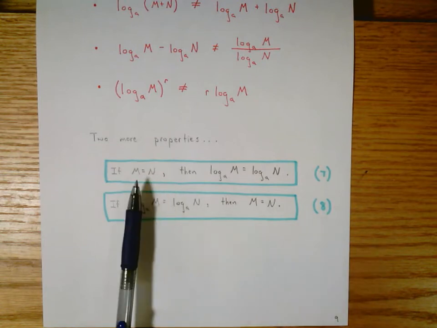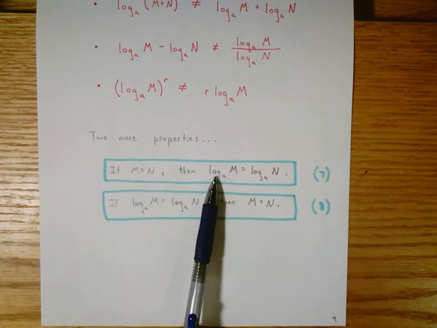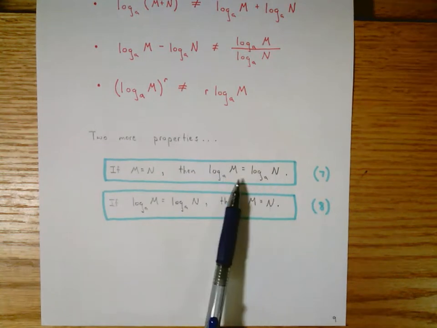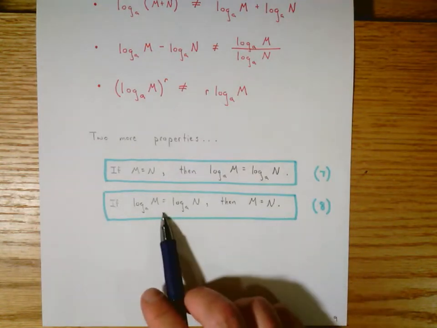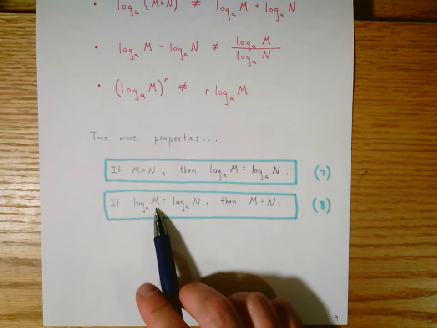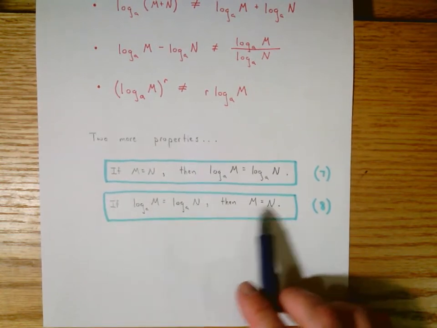What we see here is if we have two values that are equal, then a logarithm with the same base of each will also be equal. Many people just read that as saying, you can take a logarithm of both sides of an equation. And they're not wrong. Okay? The converse of that just states if the logarithm of two different arguments are equal, then